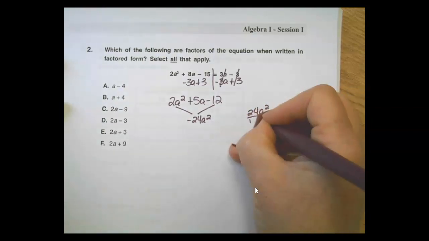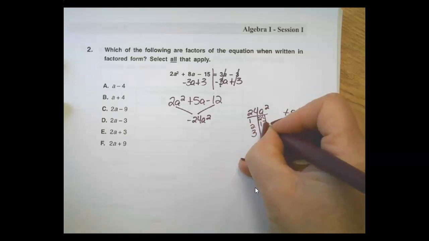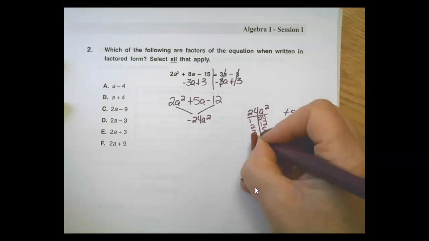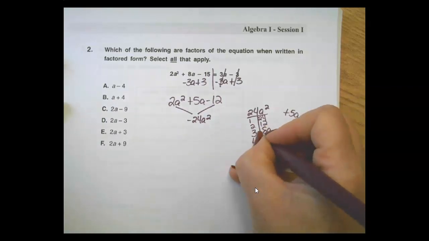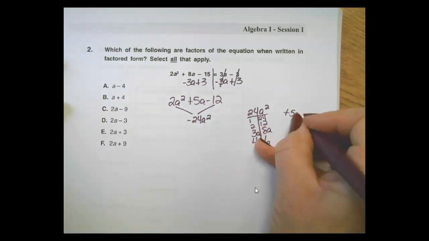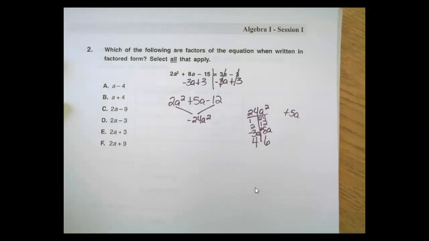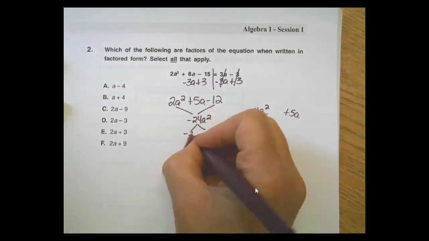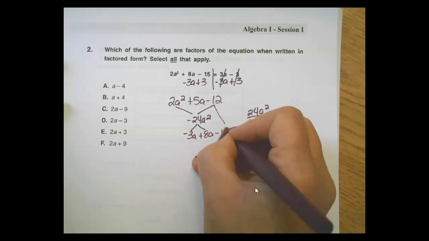So 1 times 24 is not going to do it. 2 times 12, 3 times 8, ooh, that's going to give me 5. 4 times 6, no. So here, I'm going to add my a's to it. To get to a 5a, my 8 would be positive, my 3 would have to be negative. So I'm going to do the two factors here, positive 8, and then bring down this guy,